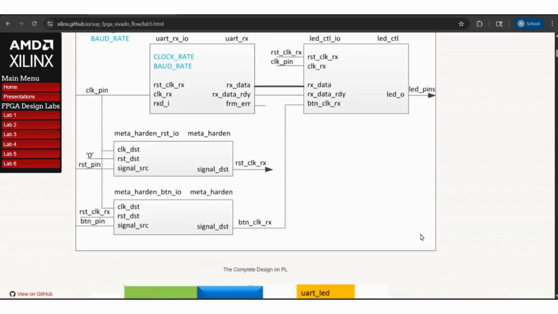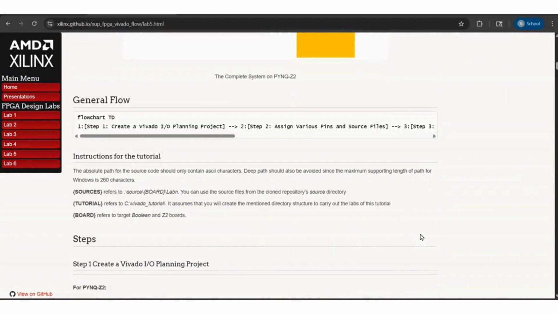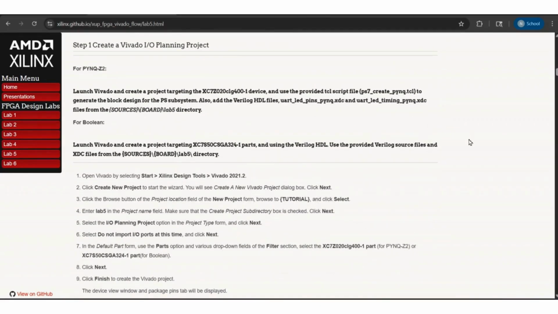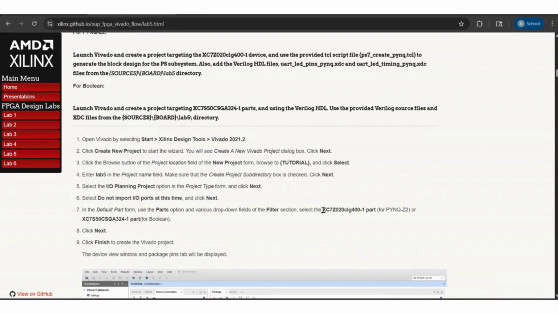So the first step in our workflow is to create a Vivado input-output planning project. So we start by launching Vivado and utilizing the create new project wizard, and then during the setup we specifically select the IO planning project option, and we then filter and select the appropriate hardware part. Like for the PYNQ-Z2 we have to select XC7Z. Like this board, it is given here. So we have to select this board from the filter part,